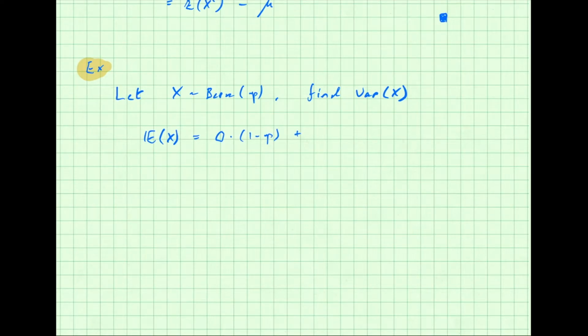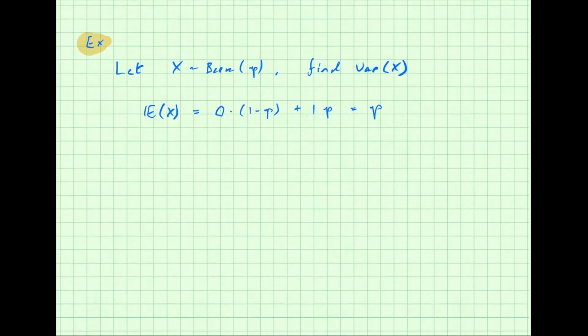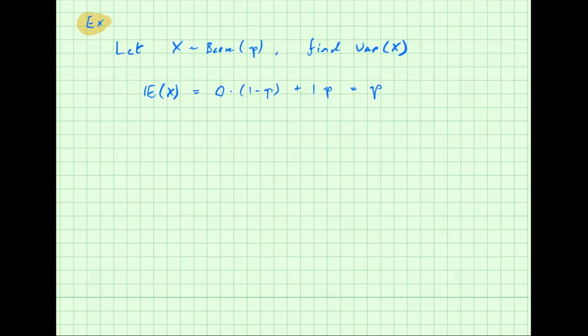And then plus it can take on the value of 1, times the probability that it takes on that value, which is p. And so this expected value is p. So that's quite a simple thing for the Bernoulli distribution. So that's what we're going to call mu. And the expected value